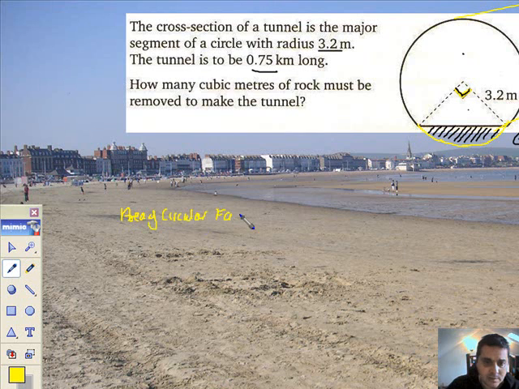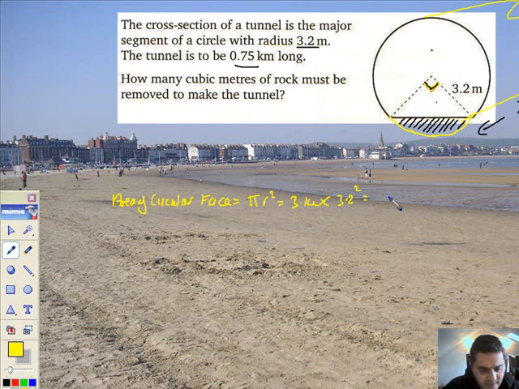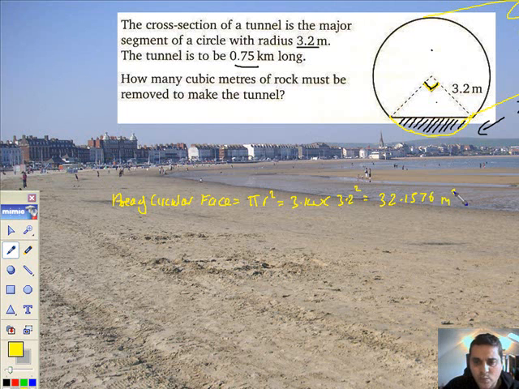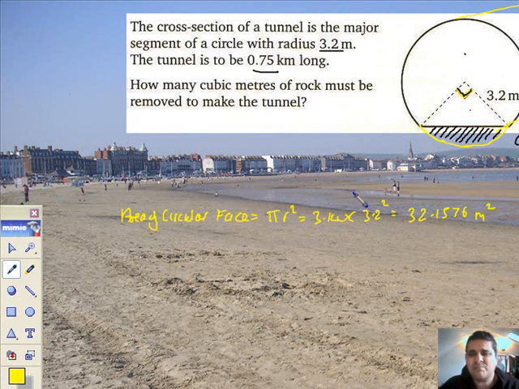The circular face is going to be pi r squared, which is 3.14 times the radius squared, 3.2 squared. That came to 32.1576 meters squared worth of area. So all of that is 32 point something meters squared. Got to do the area of the triangle as well. I'm just building up the ingredients that I will need to do the final answer. So area of triangle